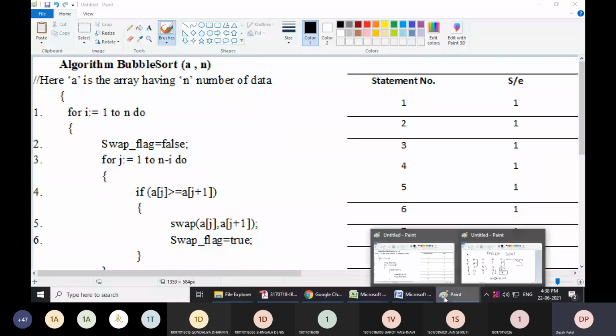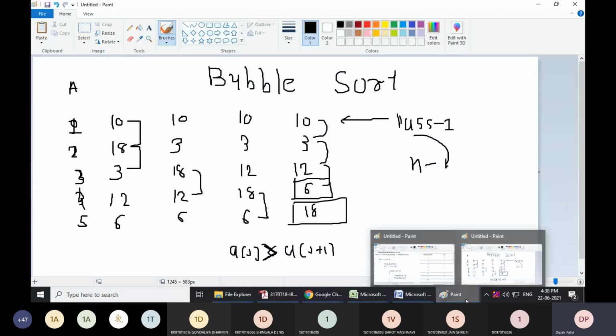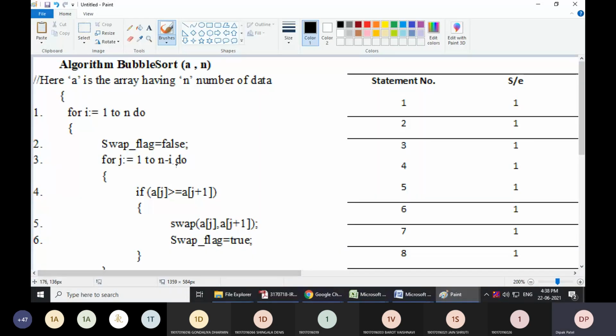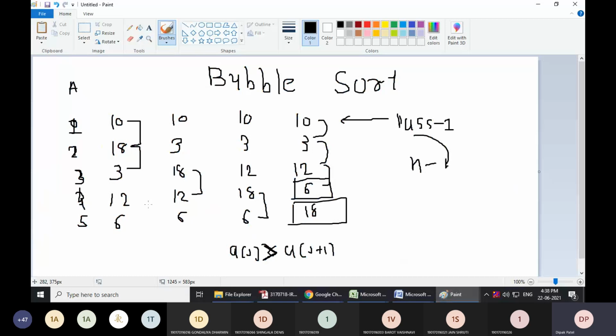So 1 से लेके 4 तक ही जाएंगे because 4, why should we go for 4? n minus 1, 4 तक ही जाएंगे because there is a j plus 1. If the value of j is 4, then j plus 1 will be 5. If j is 5, then we'll have a 6. But at the 6th position, we don't have any element. So we should write up to j plus 1.